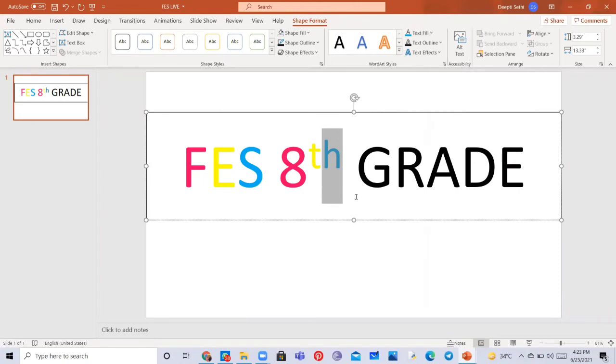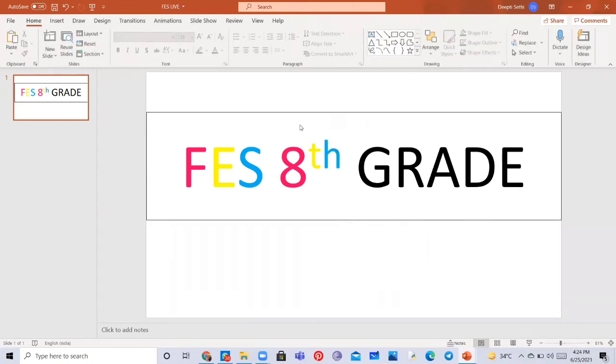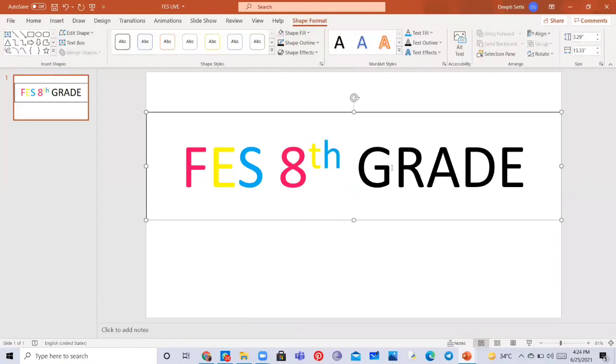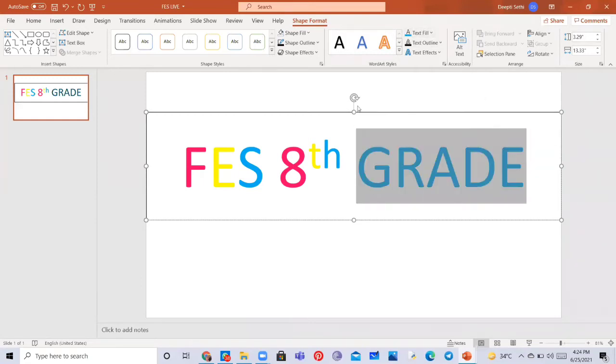You can customize it in your own way like this. And now after customizing it fully, for now I'll be choosing it blue to save our time.